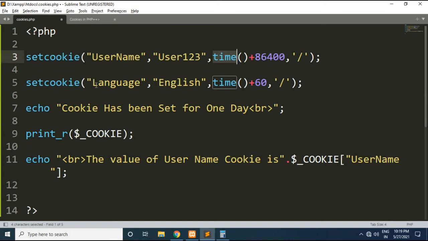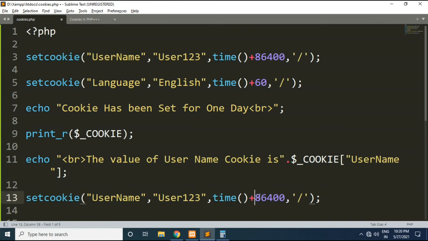Okay, so here I will use the setcookie function again. See here, and I will set this time to -60. Any value you can set. As it is already passed, this cookie will get destroyed.